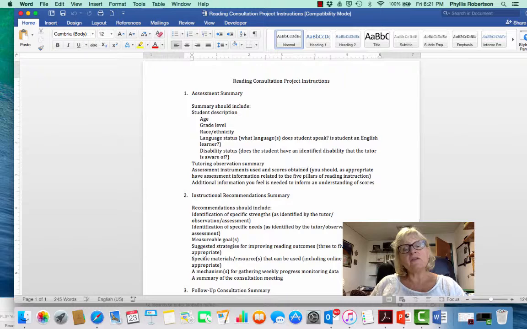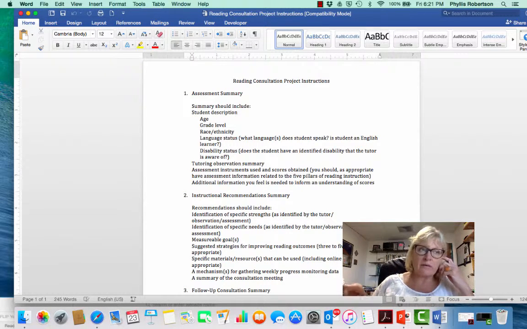In whatever comprehension measure you're using, particularly as students get older, if you're going to ask some comprehension questions, you want to be sure that you ask both literal questions, things they can find directly in the passage, and then you want to be able to ask some inferential questions, or questions that require them to extend their understanding beyond just what is literally included.